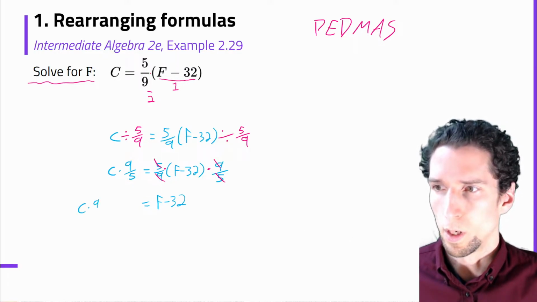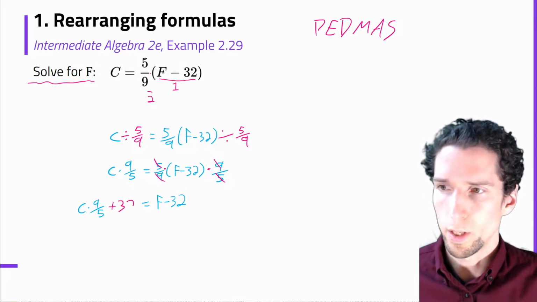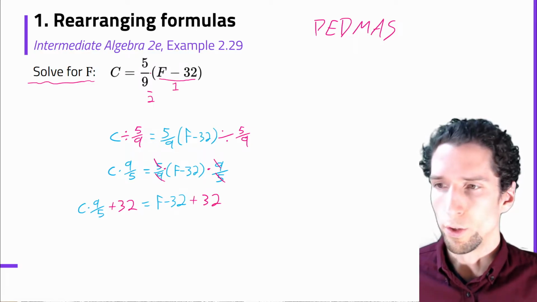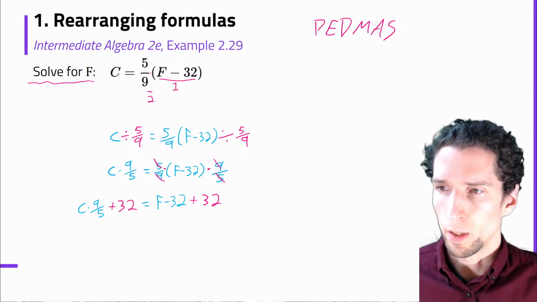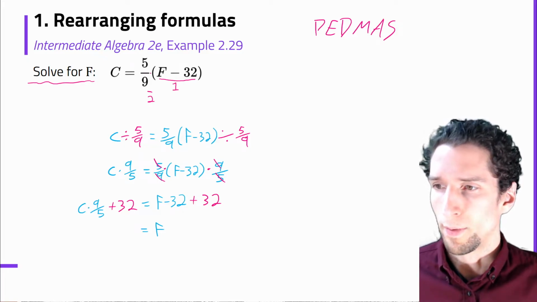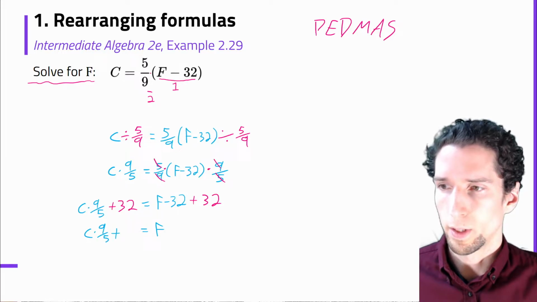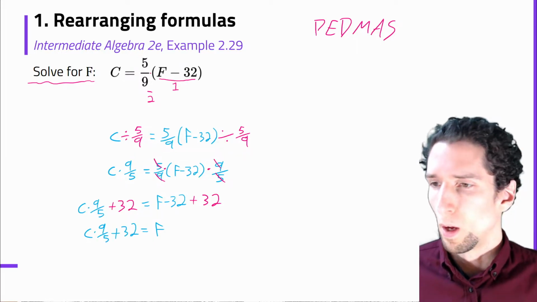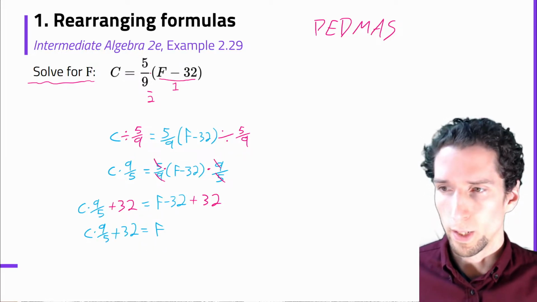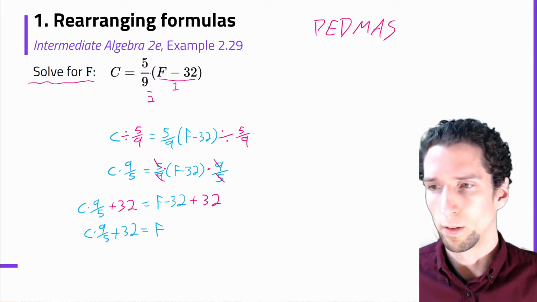E times 9/5, and then plus 32, and plus 32. Okay, and then on the right side here, we have just f, and on the left side, we will have c times 9/5 plus 32. We're done, because we have f sort of alone or isolated here, but let's just rewrite a little bit because